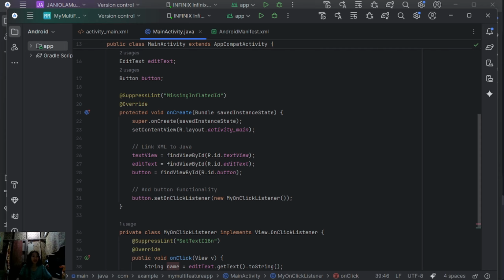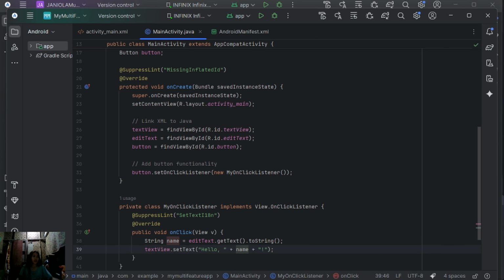When the user types their name and of course presses a button, the title updates with a personalized greeting. Through this, I learned how Java handles UI interactions and how important it is to link design elements with backend logic.